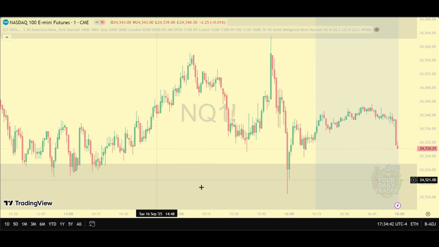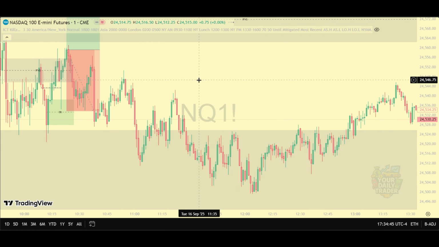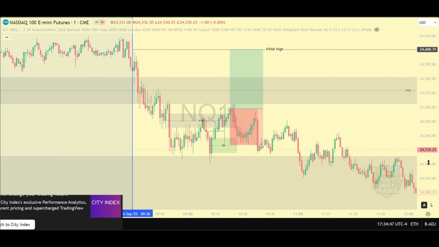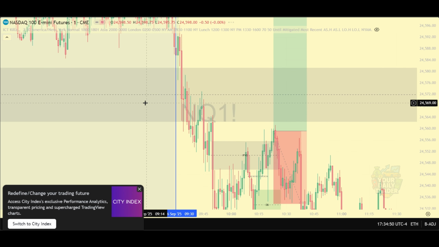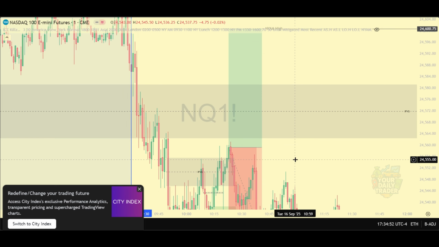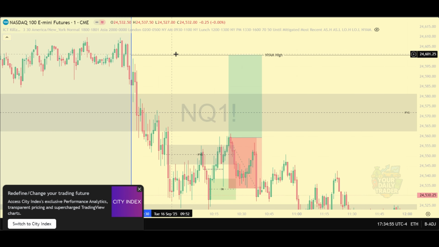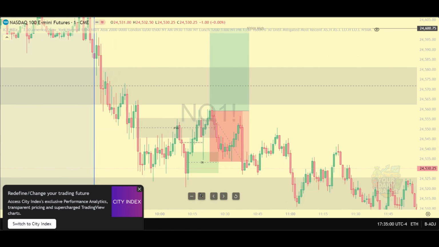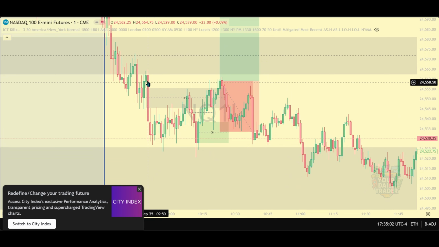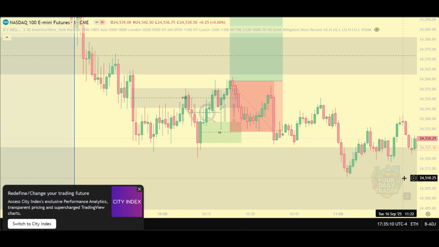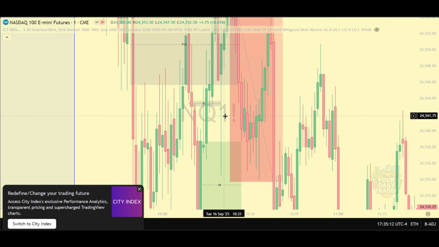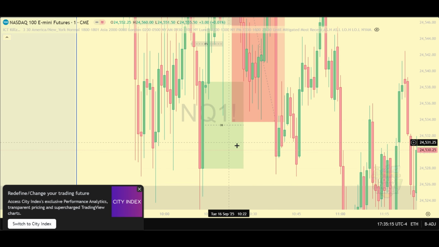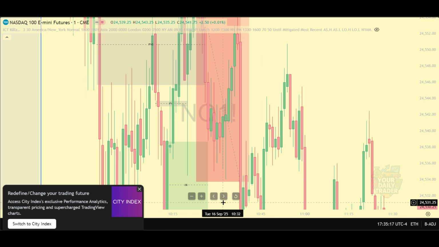So this setup was took on the 1 minute time frame, and as you can see, this was the 4-hour inversion that was EQ at that. This was New York AM highs, which I wanted to target. We had this leg, obviously generated an imbalance. I was looking for that to be inversed. We also had a small imbalance here, which got inversed. We had this order block, which come down and got tapped into,